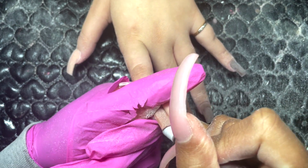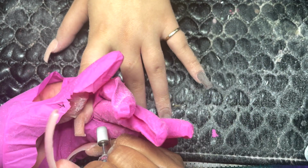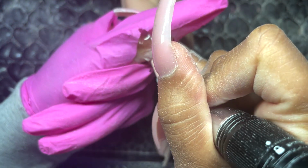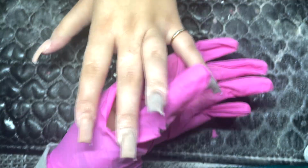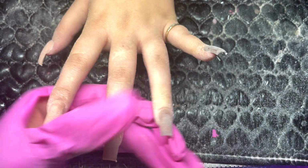Don't think too far into it, because when it comes to shaping, you should just know how to do the basic shapes: coffin, square, stiletto. Everything else derives from those three, okay? So think of it that way, and it will help you a lot more when it comes to getting your shapes together. You saw me just go ahead and file the underneath, because that helps with crispiness,